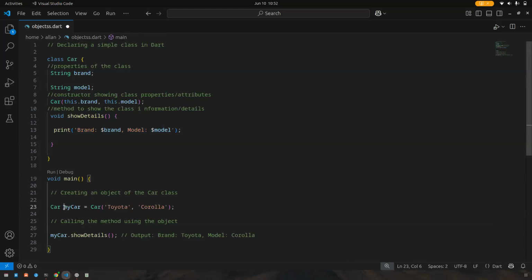This object here, myCar, is calling the method. myCar dot show details. So our show details function was our method, which contained brand and model. And if we run this code,